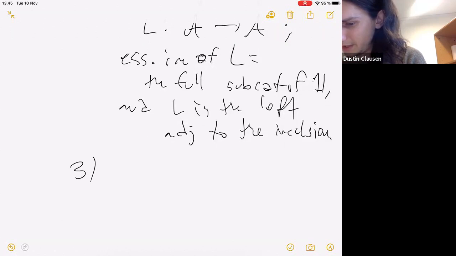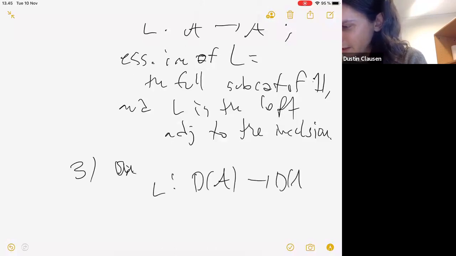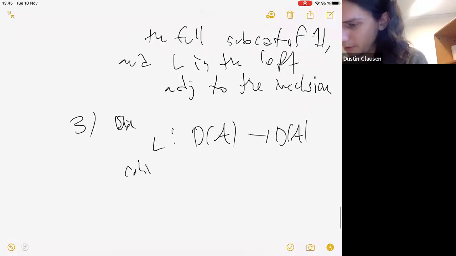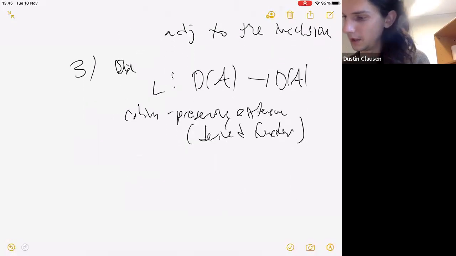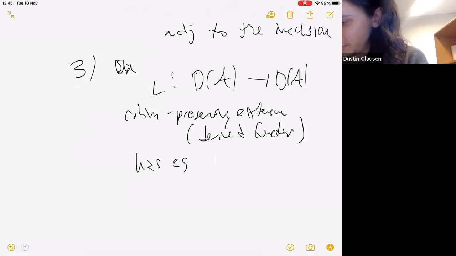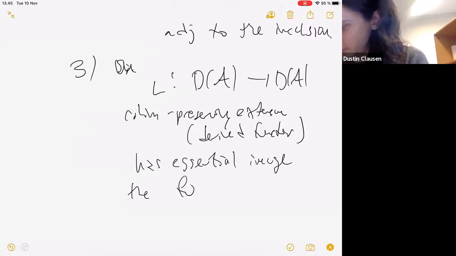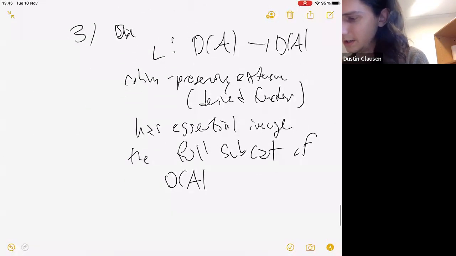What's the best way to say this? Right, so similarly, the colimit preserving, well, we can extend L even further to the derived category of A, the colimit preserving extension, which I guess is the derived functor, in other words. Also commutes with colimits, and has essential image the full subcategory of dA characterized by